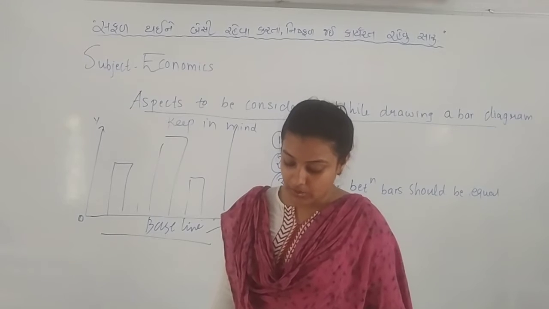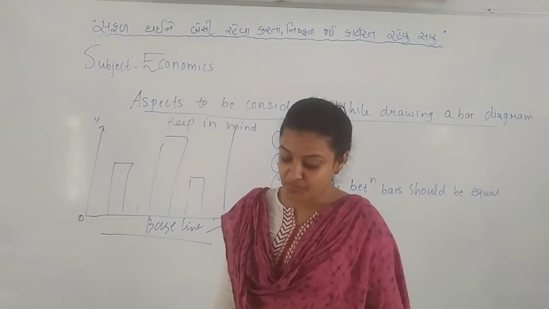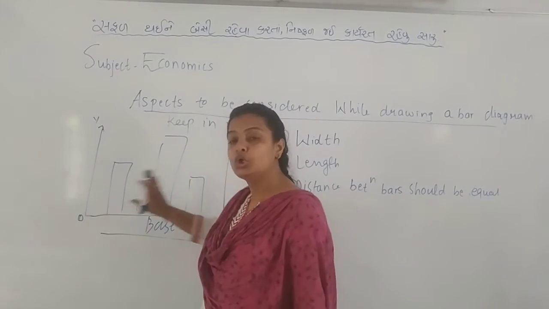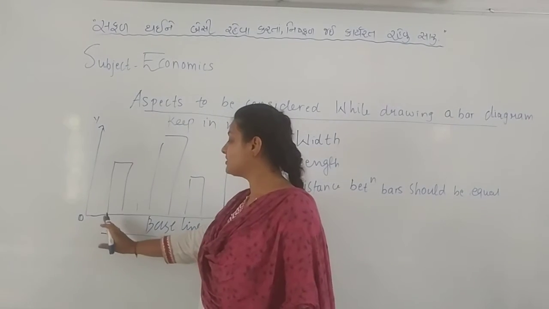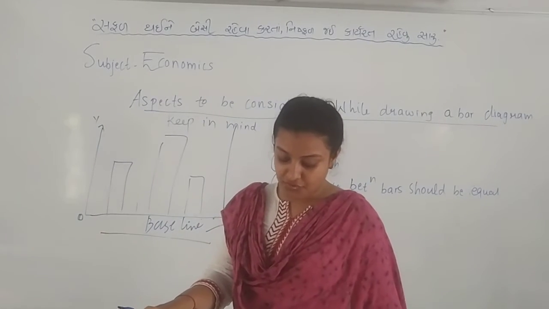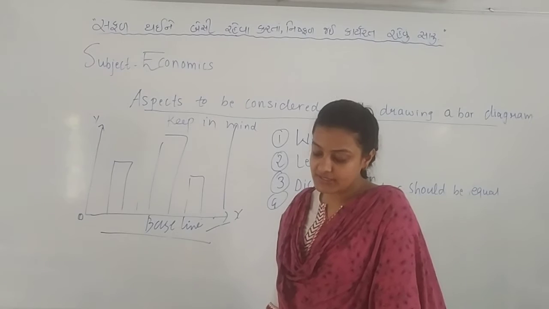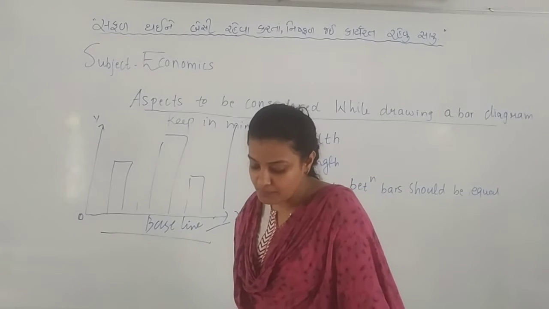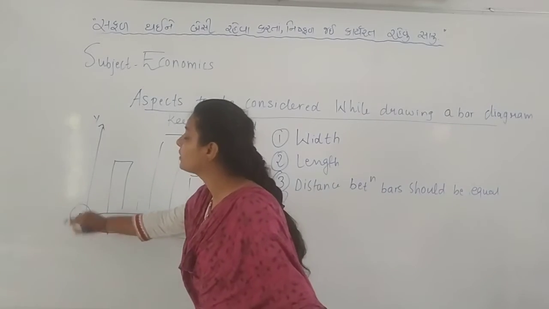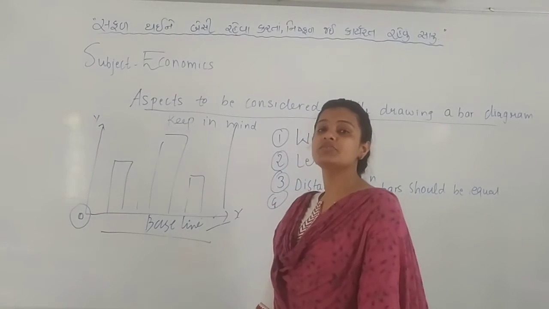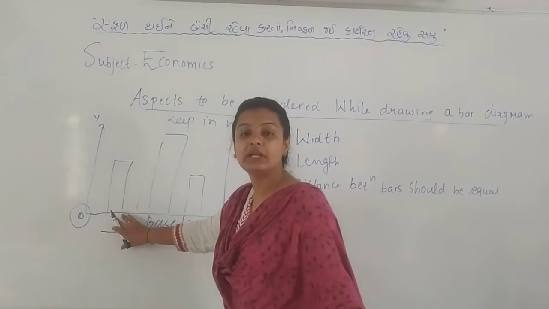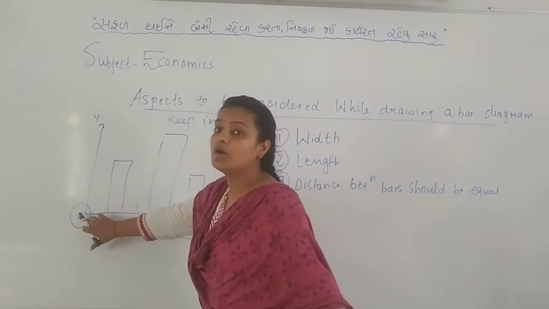Last is, all vertical bars should be arranged from left to right in order of the data sets. Data representation should be from left to right. Therefore the bar representing the first data in the series is drawn first near the point of origin. The first data variable is always near the origin. Yesterday we have seen, right? January to February, February to March. So we have taken the January to February data first, so it was near the origin.